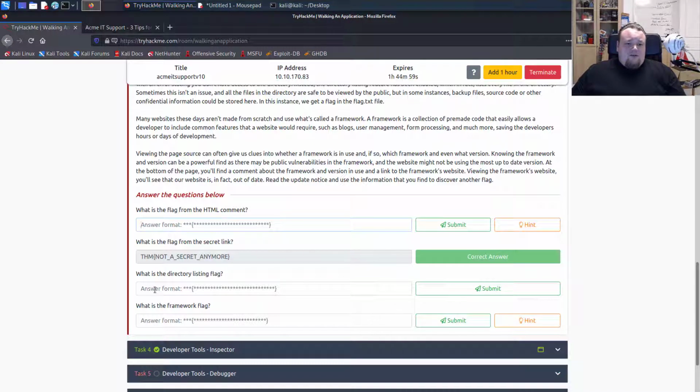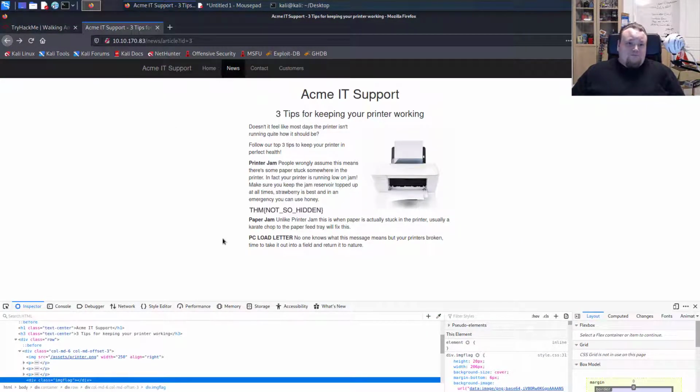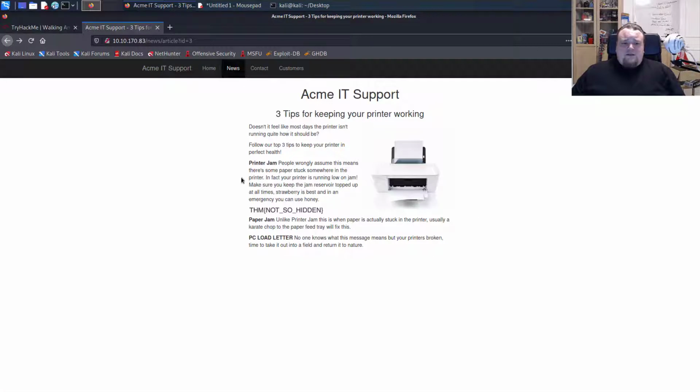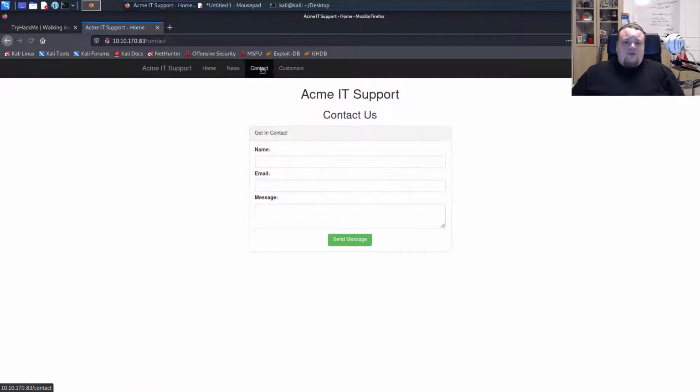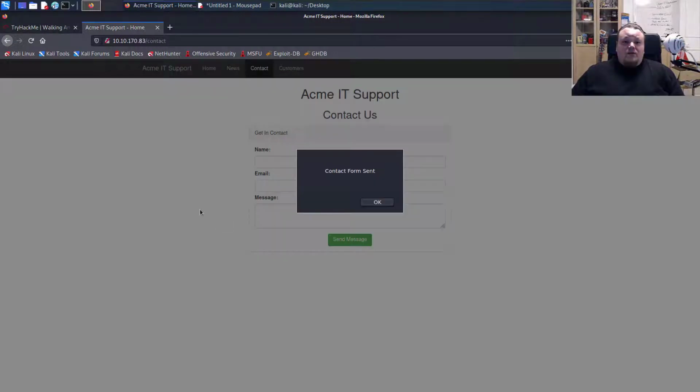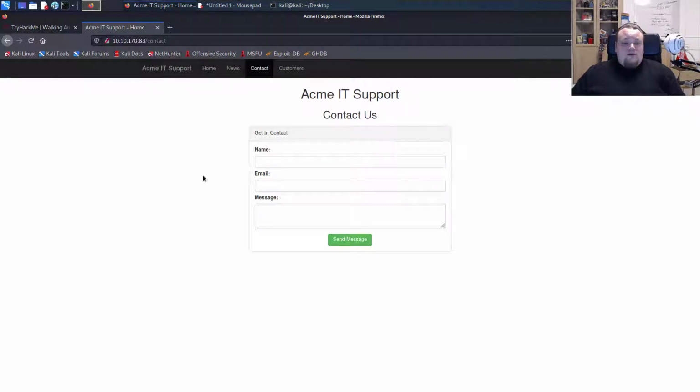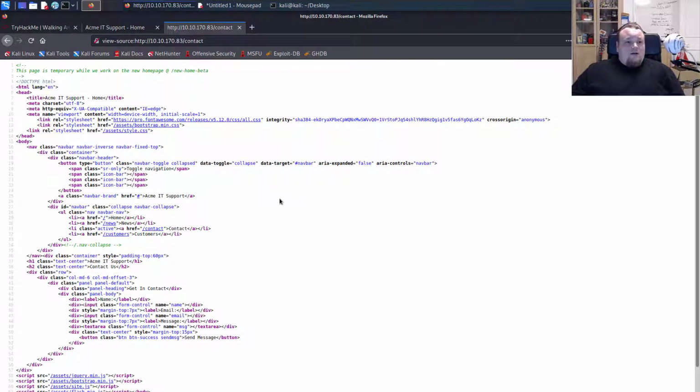What is the directory listing flag? So now we need to find a way to list the directory in some odd way. So let's have a look here. What is going on? If I do send message, what is then happening? Contact form sent. And it would seem,